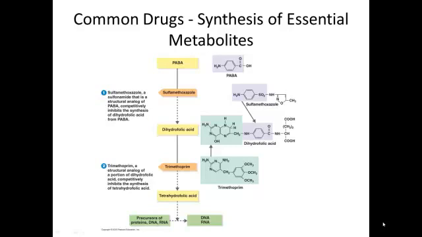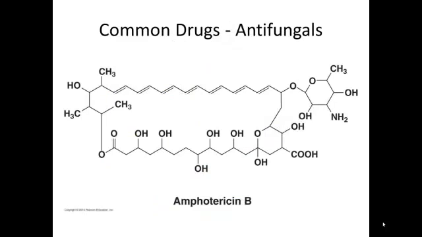Now, I've mentioned that sulfa drugs can inhibit protozoa. That's because they have a cell wall, and they can't transport folic acid inside past that cell wall. They don't have the proper transporter protein. So they have to make their own folic acid. So when they're exposed to sulfa drugs and they can't make their own folic acid, then they die. So that's as far as I'm going to go with the antiprotozoal drugs. There's an interesting section in the book about antimalarial drugs, but now we're going to move on to other eukaryotes,